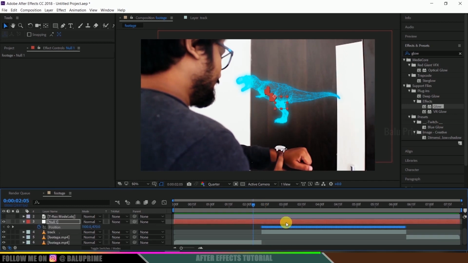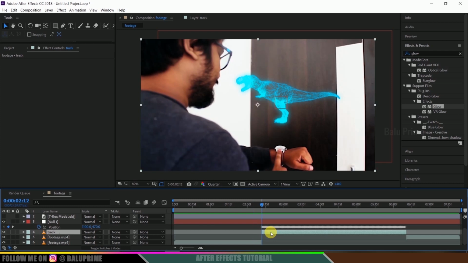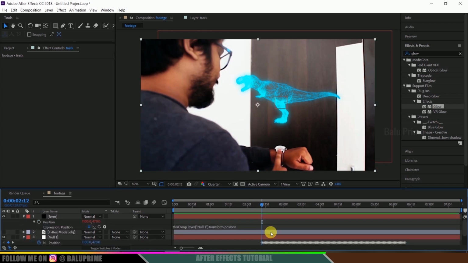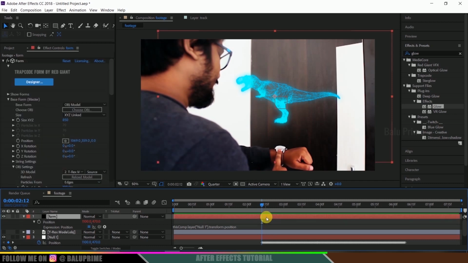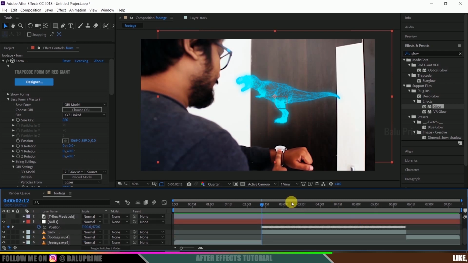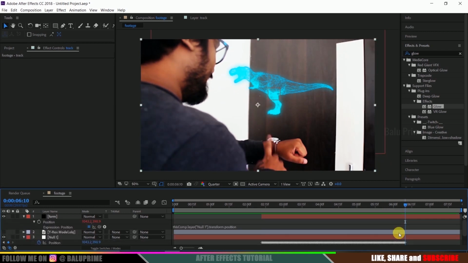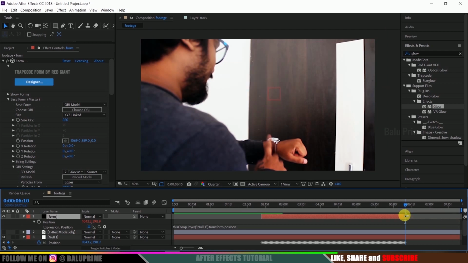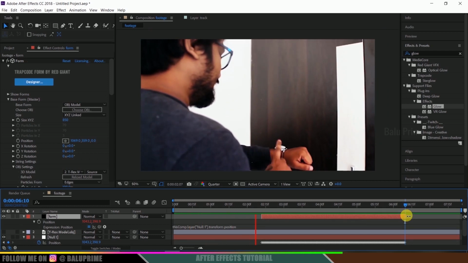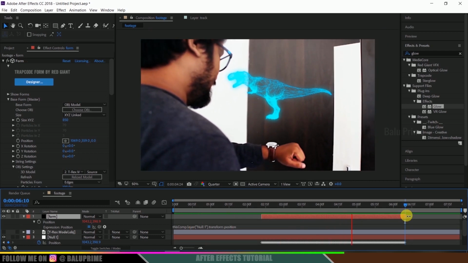So nice. We don't want this 3D model from the starting frame. We want it from this track position. So press I on the keyboard by selecting this track layer. So come to this form, trim it out by simply sliding or dragging it from this hand side till that frame. Now again move forward in the timeline till this frame. Now let me trim it out from this side. Okay. So the effect we are looking for is okay.